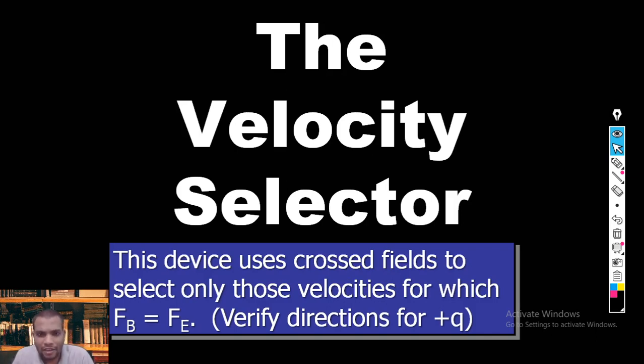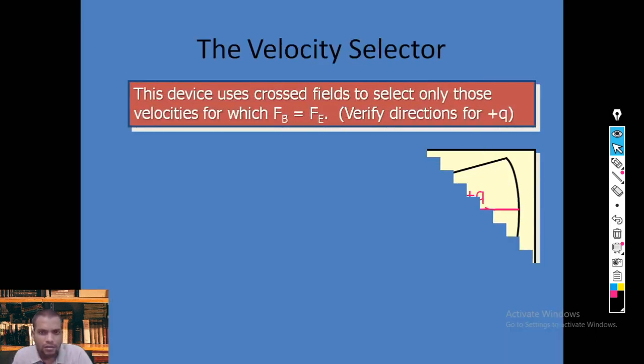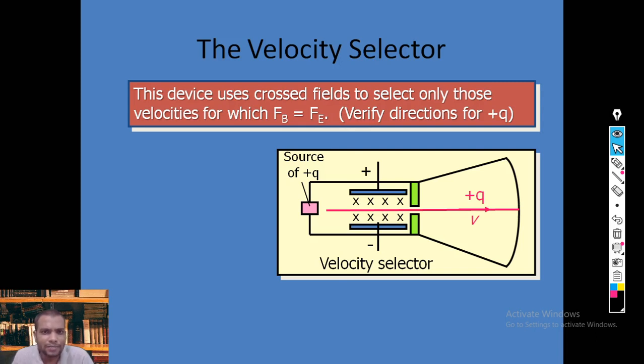And the magnetic force involves a cross product, that is v bar cross B bar. So finally we can say about the velocity selector: suppose here the source is a positive charge. Right now I am taking a positive charge source rather than an electron, so you can change the directions here itself. So the positive source charge is deflecting in a crossed electric field and magnetic field, and in case the force due to the magnetic field equals the force due to the electric field,